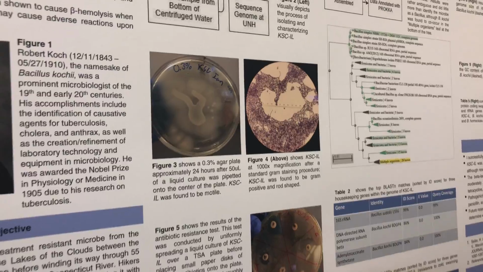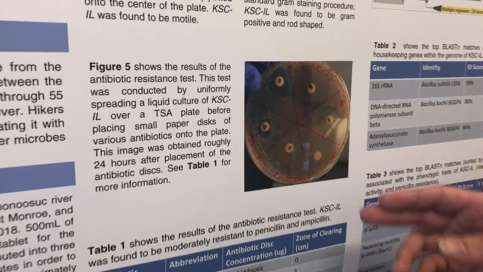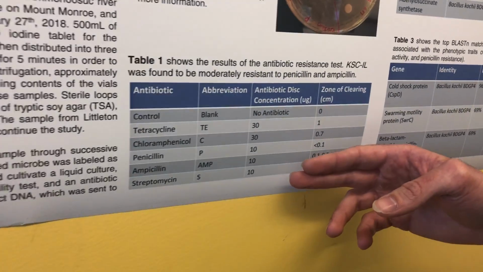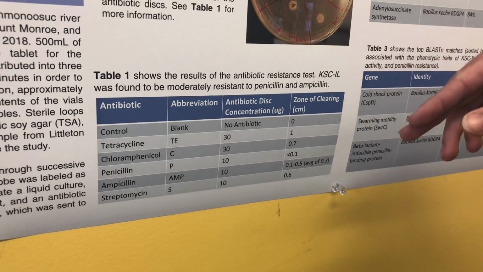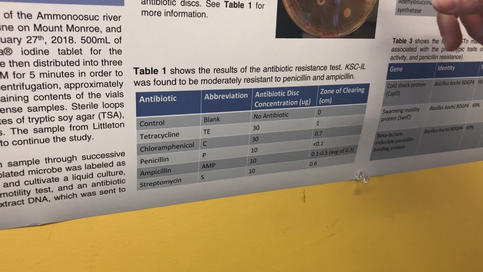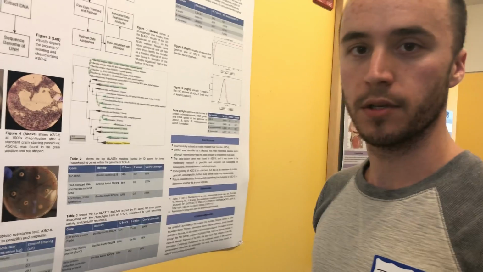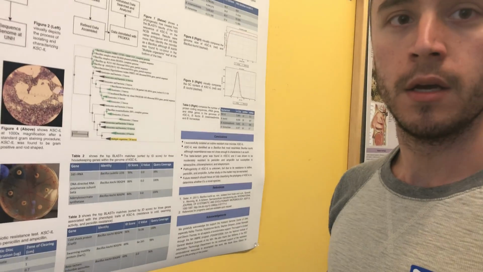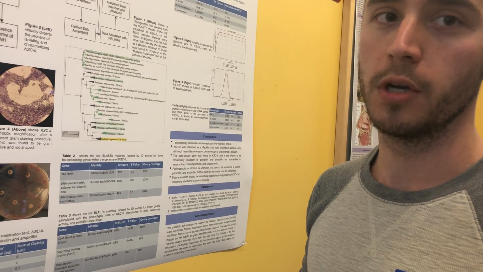I also performed an antibiotic resistance test. As you can see here, it's a little hard to see, but the results of this test are in this table. So I basically put a liquid culture of my microbe all over this plate, and then I put 5 different antibiotics on there on these little discs. And I measured the distance of inhibition of growth to see what it was resistant to and what it wasn't resistant to. So I found that it was resistant to penicillin and ampicillin, mostly ampicillin. So that's very interesting because people are drinking this and it is antibiotic resistant, so it could potentially be pathogenic